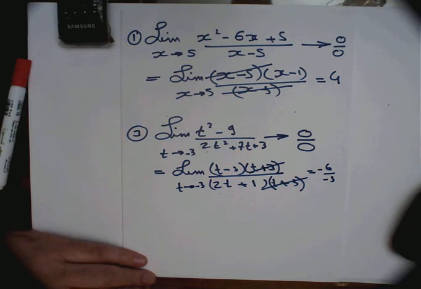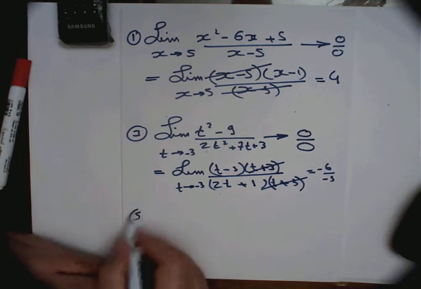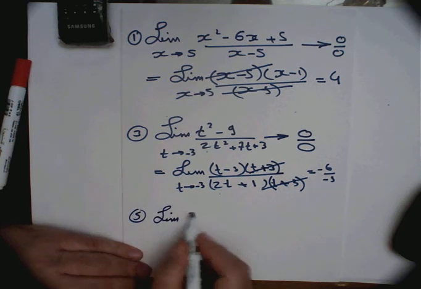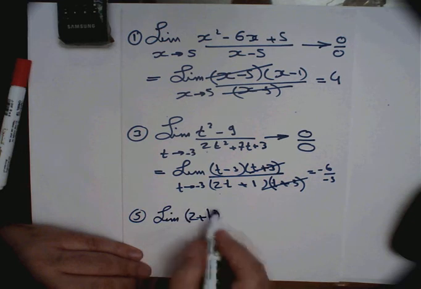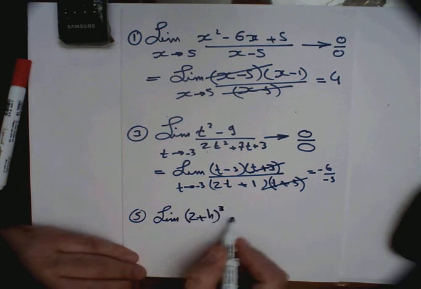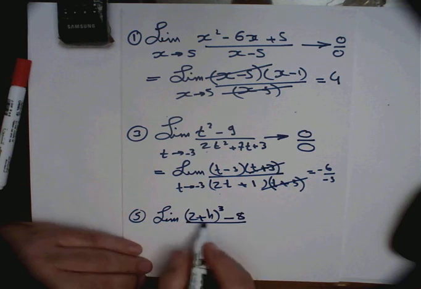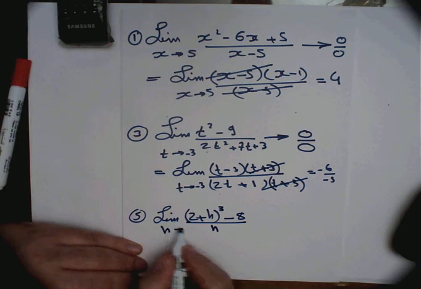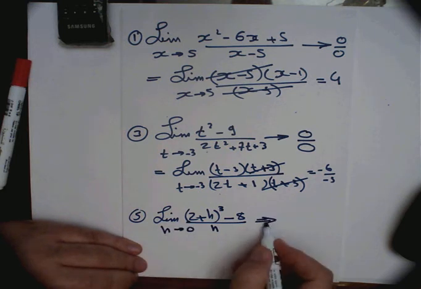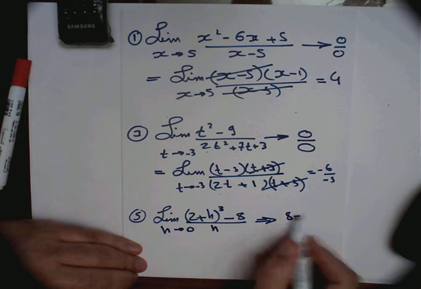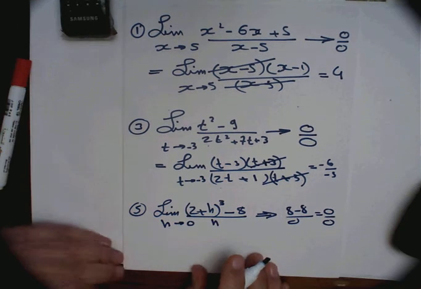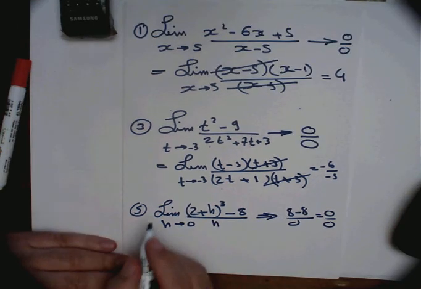Okay, let us go to example number 5, which is limit 2 plus h to the power 3 minus 8 divided by h as h approaches 0. By the substitution, you obtain 8 minus 8 divided by 0, which is 0 divided by 0. Again, it is not 1, but